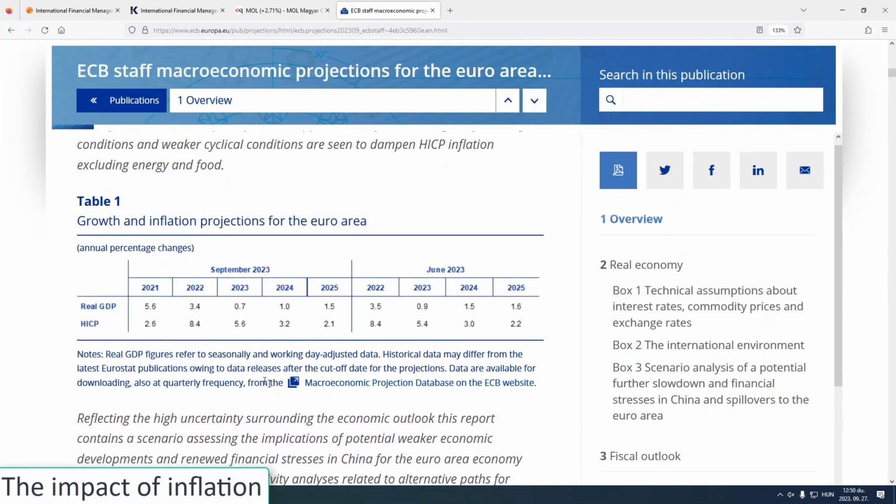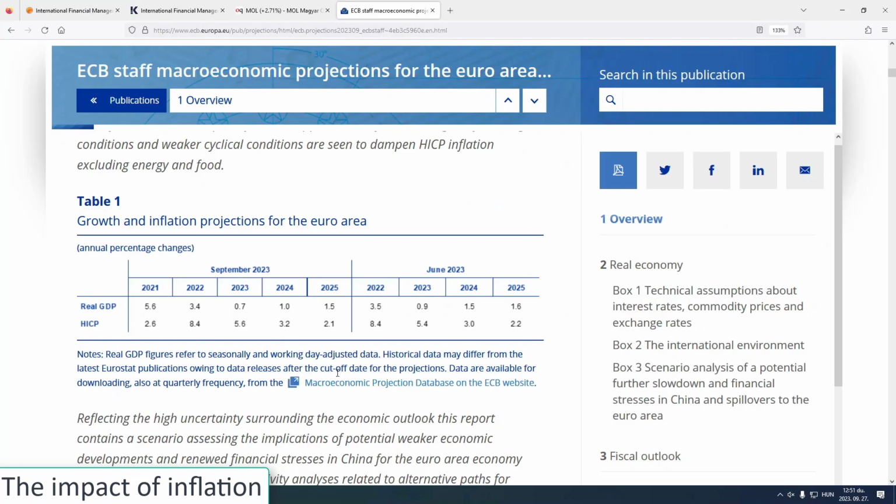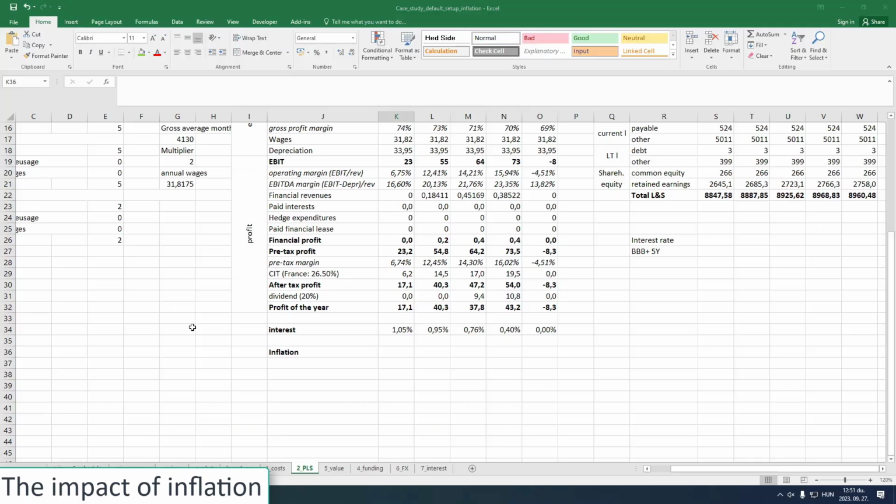Because maybe we could model our own inflation, but who cares about this one? So now we can see what is the most current projection for inflation. So we can see that, okay, if the simulation starts in 2022, let's say that we are using these numbers here. Inflation. So we have 8.4